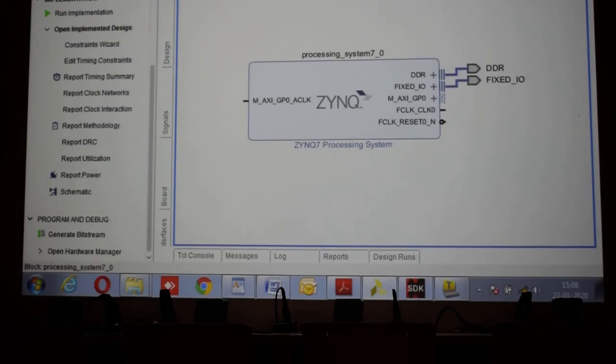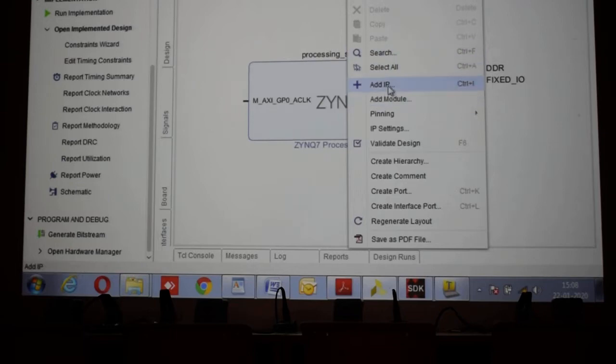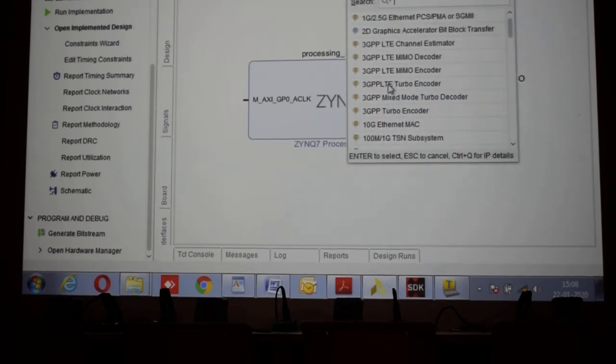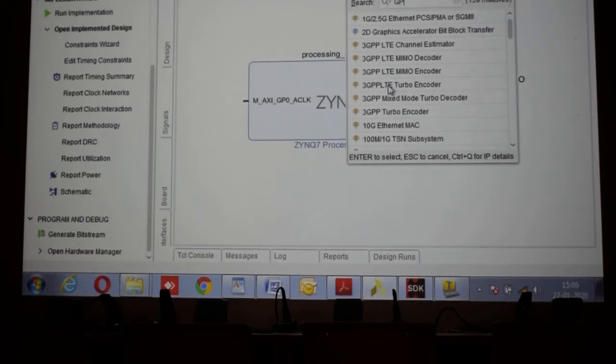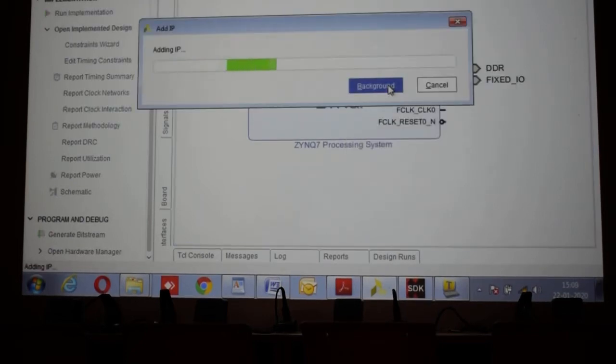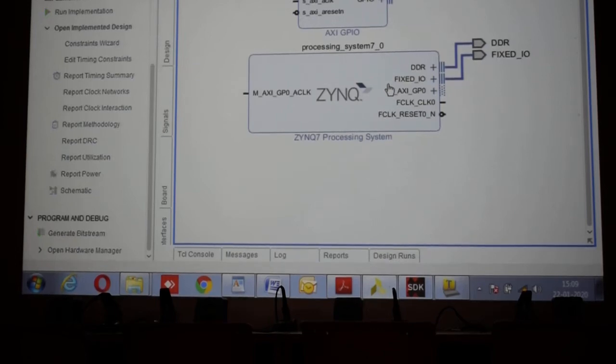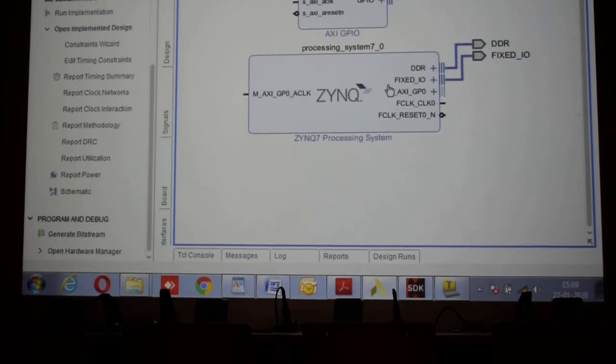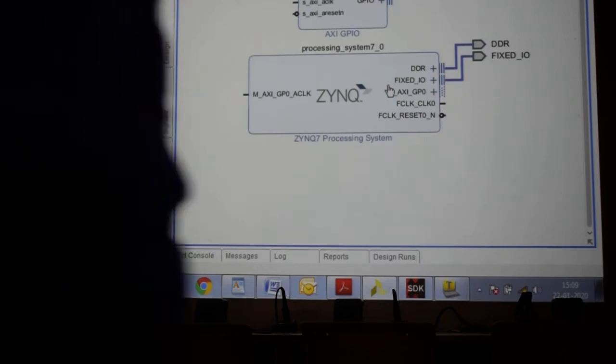Now you need to add another peripheral, that is, go to add IP. There is a GPIO, type GPIO. Once you get it, that is AXI GPIO.